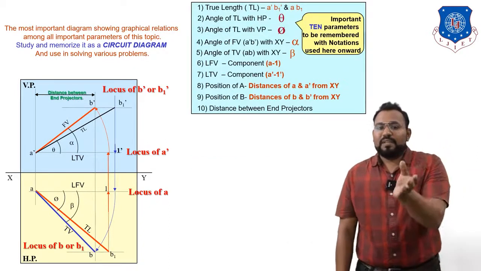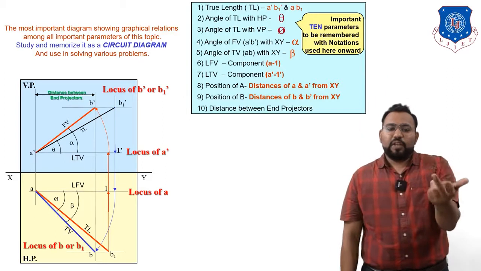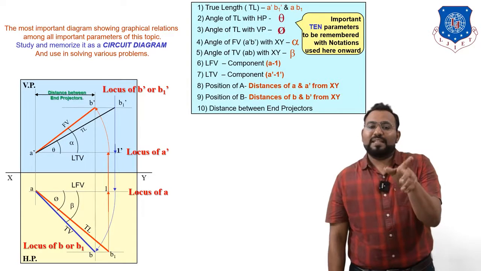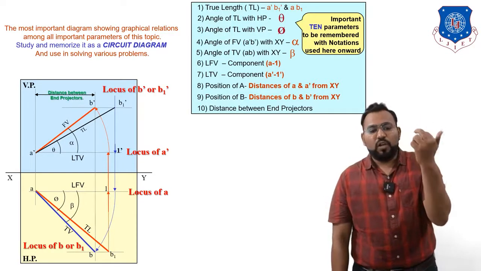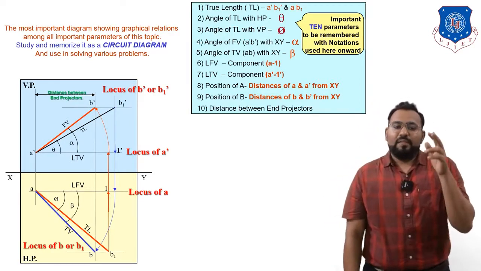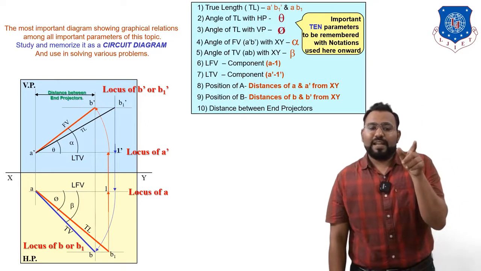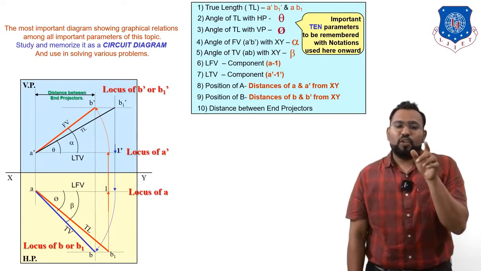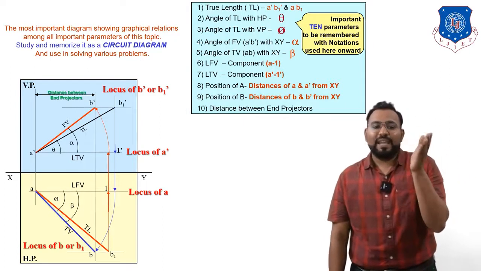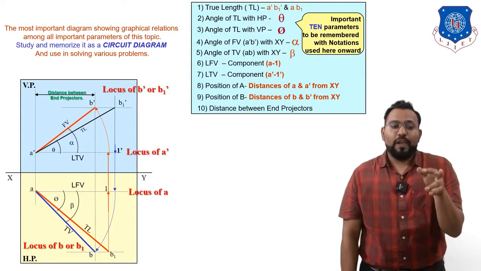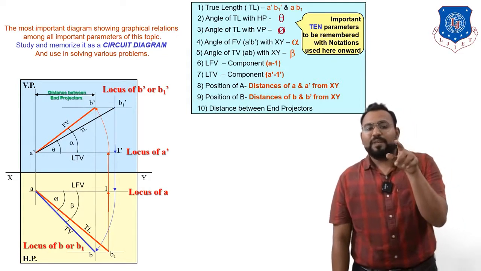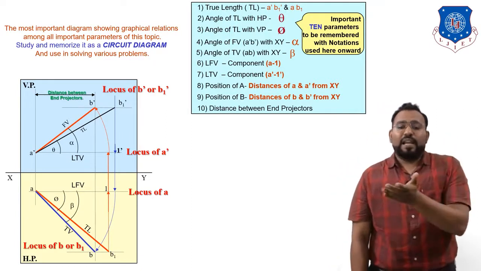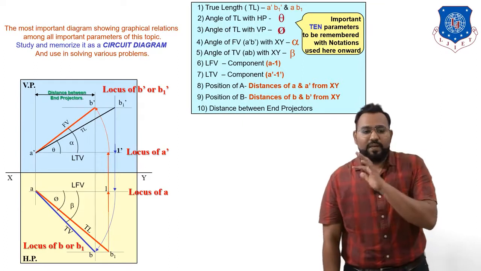Now you have to remember this thing, that A'B1' is showing a true length and AB1 is showing a true length. So in front view the true length is A'B1', and in top view the true length is AB1. In the same way, in front view the projection A'B' is the front view and AB is the top view. You can see that the true length A'B1' is making an angle theta with HP, and the front view A'B' is making an angle alpha with the XY line. Okay, so you can see it over here.